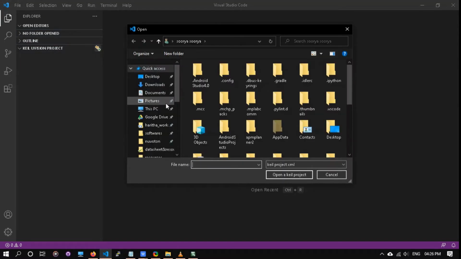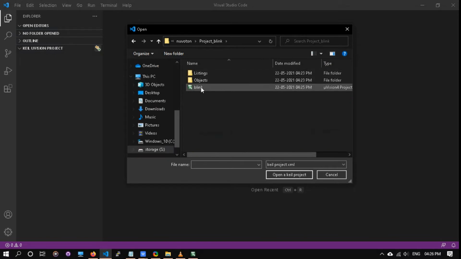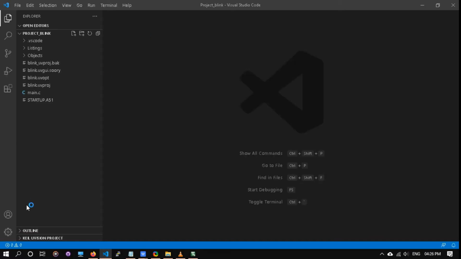Then we need to open the project we saved before, that is Blink, and click OK. So now we can edit the KL file from Visual Studio.